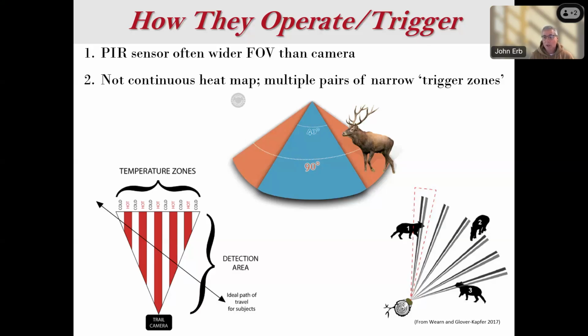Obviously, once it gets in there, it's going to turn probably and move. So most likely you would detect all of these animals, but just be aware that it's not detecting a continuous area in front of you, but rather multiple pairs of bands that array out in front of the camera. The other thing the bottom left photo shows is that sometimes animals that are coming across the field